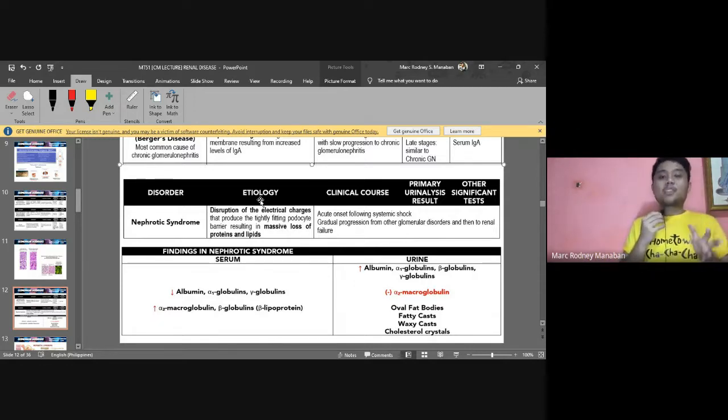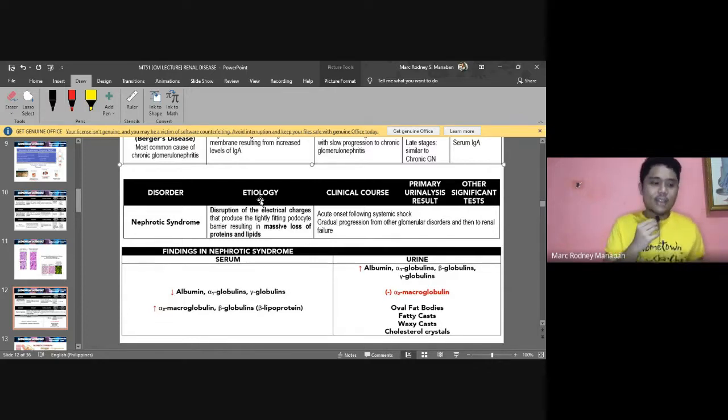So the liver compensates by producing more lipids, okay? So that's why there's hyperlipidemia. So daghan ting lipids sa imuhang blood, so therefore daghan pong lipids na ma-produce sa ihi. Because again, the lipids can also pass through sa glomerulus. So therefore sa imuhang serum, there's an increase in the beta globulins because of the beta lipoprotein, which is lipid na taas. Okay? Taas in concentration.